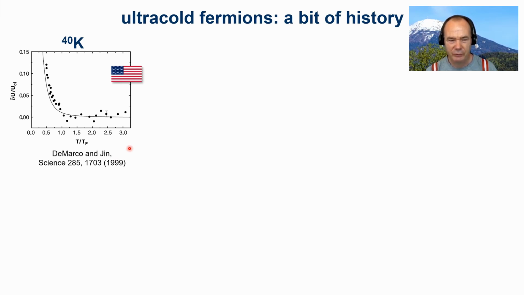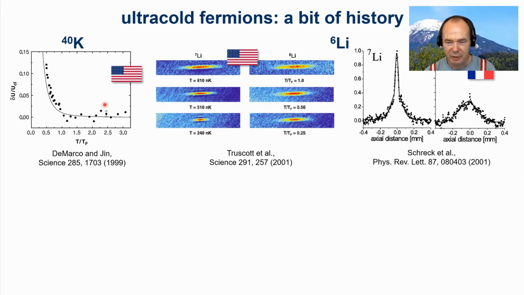So therefore, we were focusing on the bosons, and very few groups were working on the fermions. And the first was with Brian DeMarco, and they could demonstrate the effect of Fermi degeneracy. They have the temperature in units of the Fermi temperature, and then they see that there is some excess energy in the expanding cloud, which follows the Fermi statistics. At the time, a relatively small effect, not very big, but a nice experiment, and the only one before the millennium that showed Fermi degeneracy. Potassium 40. Lithium 6. Now we jump into the year 2001, and there were two experiments, one in the United